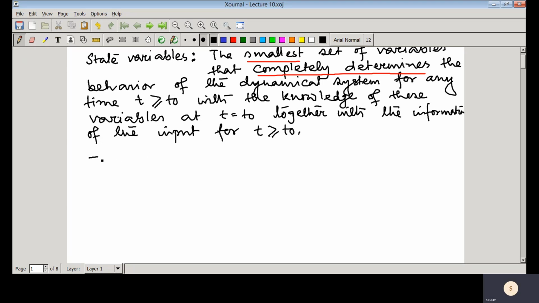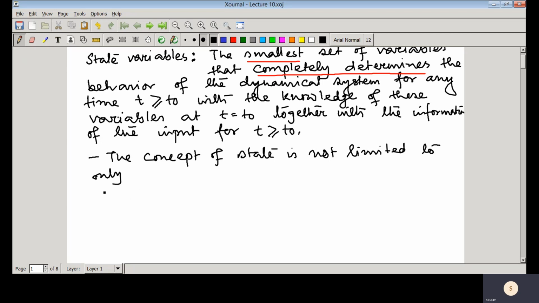The concept of state is not limited to only physical systems. It is also applicable to